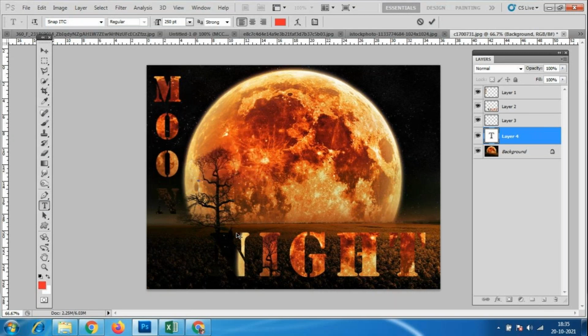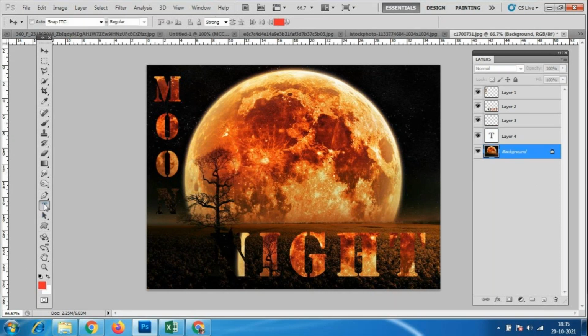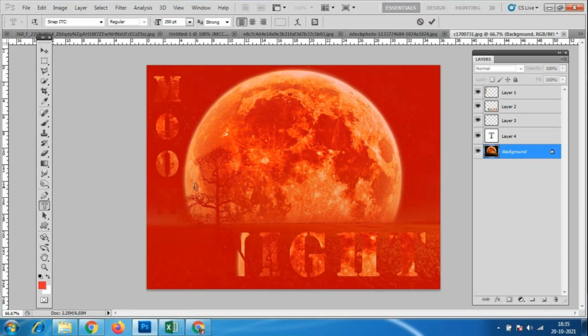Always think about where you have to place your N over here. I want the tree inside my N, so that's why I'm going to make it like this. I should place it here. I'll go to this horizontal type tool and N. Look at it like this.